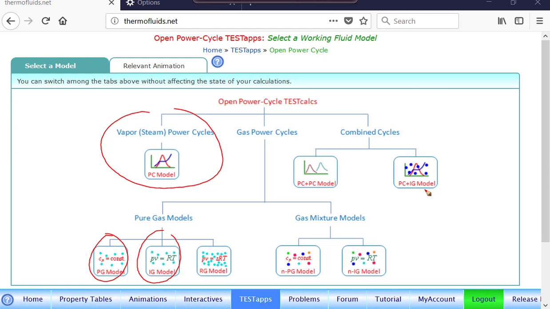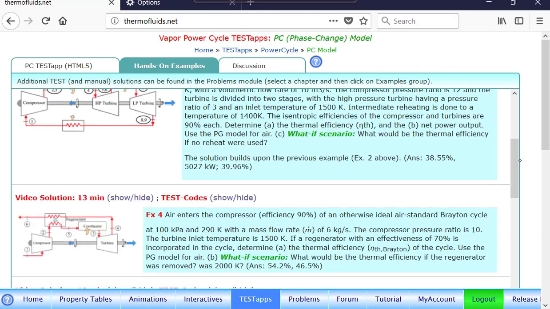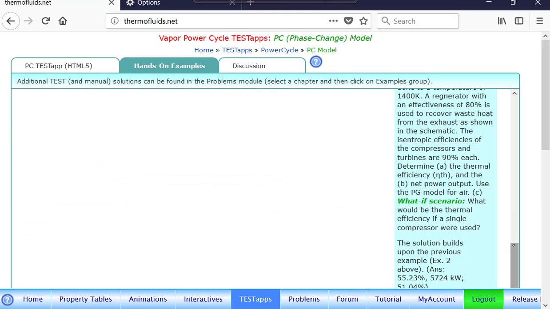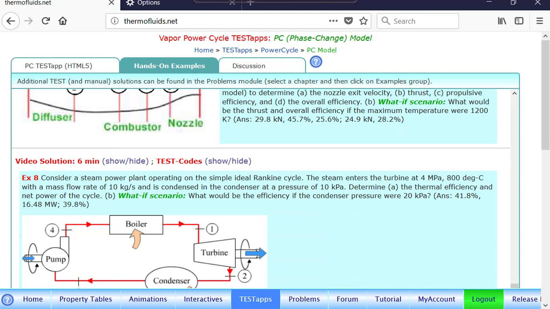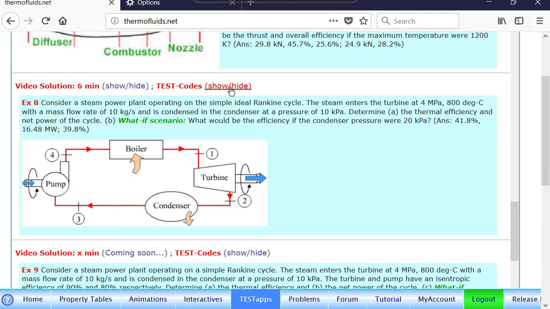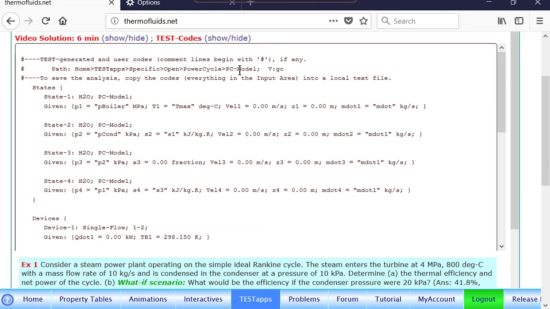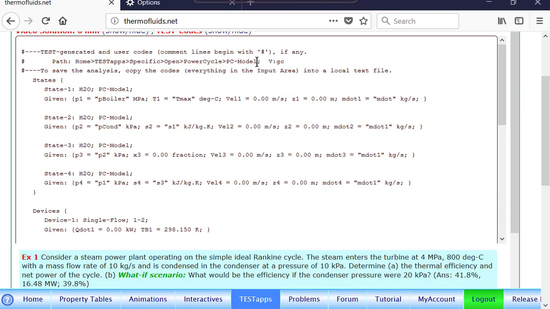Anyways, once you launch the app, suppose you want to solve for vapor power, you click here. The hands-on example page sometimes combines different things, so you've got to search for a problem where you find the vapor power plant. Right there, we can see the vapor power plant. You can find the TEST code, and you can find a video of a particular solution, for example. And you can see that the model selected, if you follow the path of a TEST step, you will find the model is the last